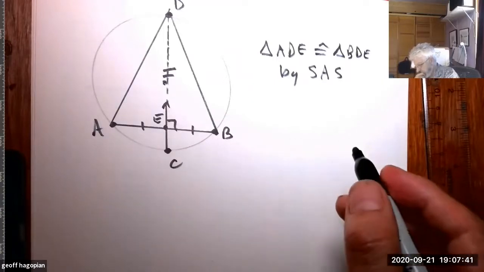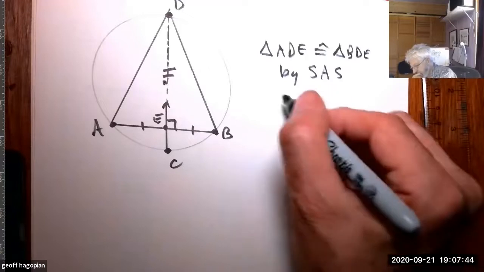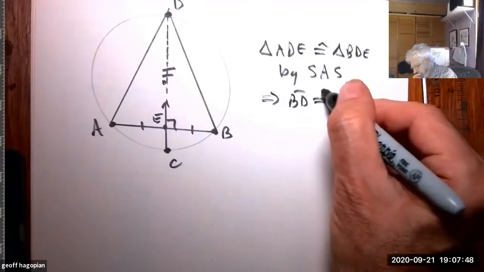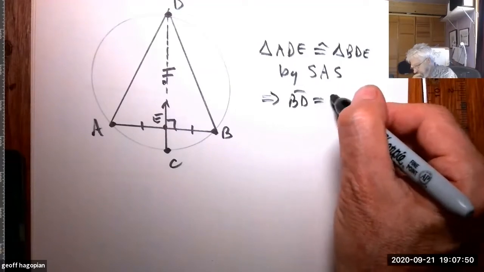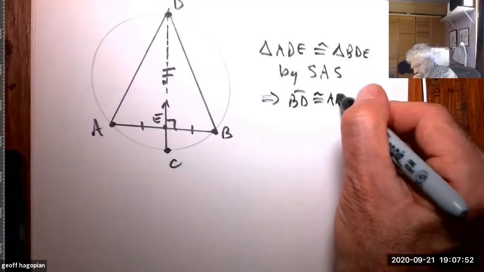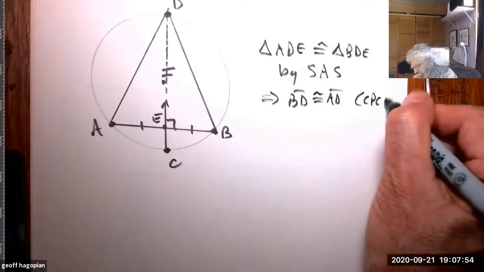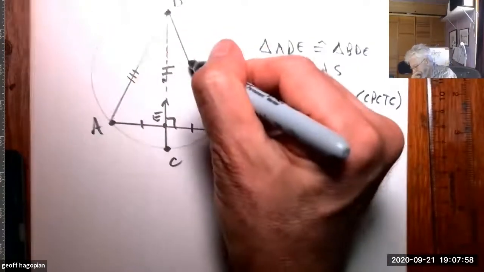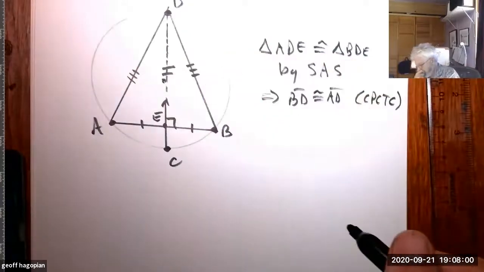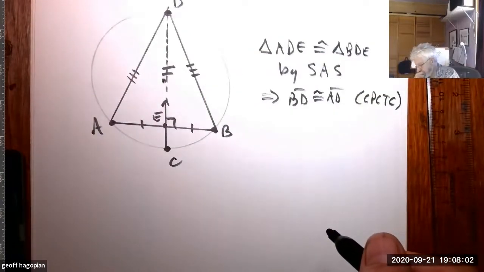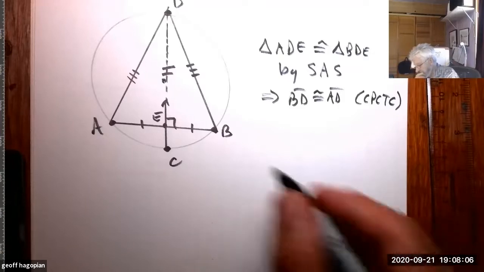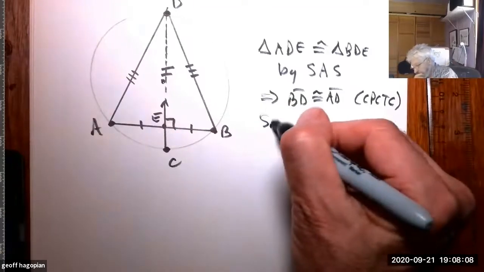That says that BD is congruent to AD, because corresponding parts of congruent triangles are congruent. So we can conclude that these are the same. Similarly,